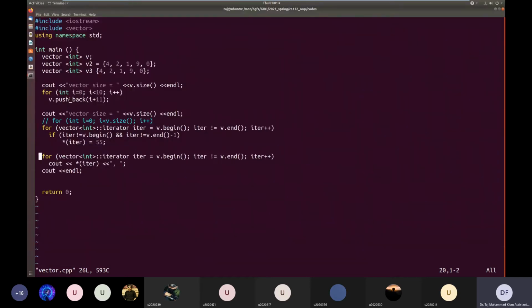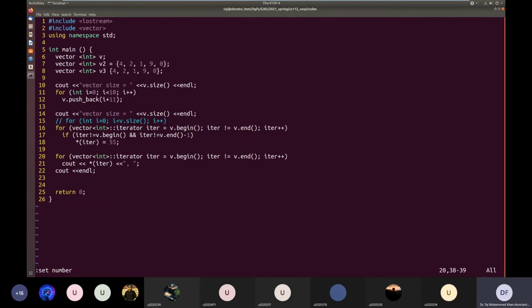If you don't want to write the element, it is better to use a constant iterator instead of the usual iterator. Because here on line number 21, I want to read this value. It is possible that I might accidentally write to this value, let's say with plus plus.